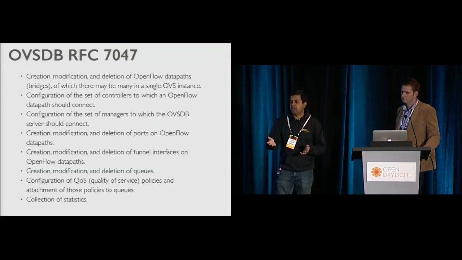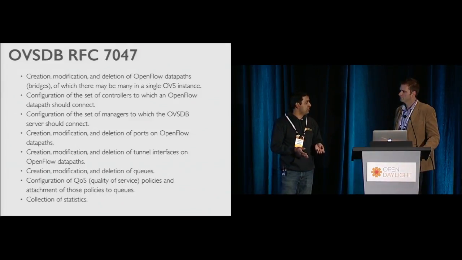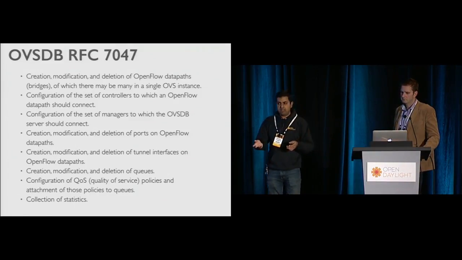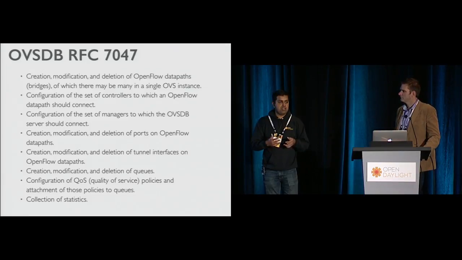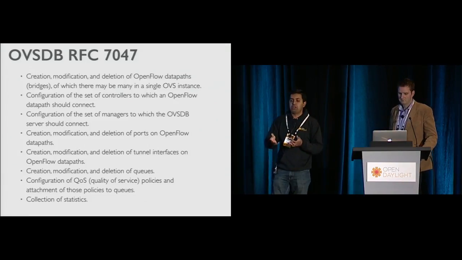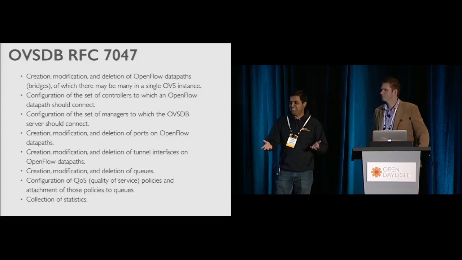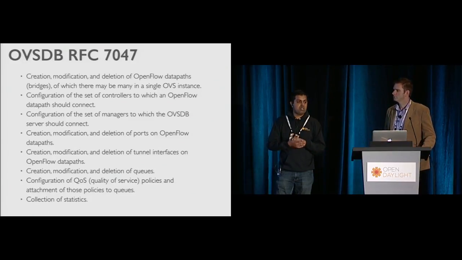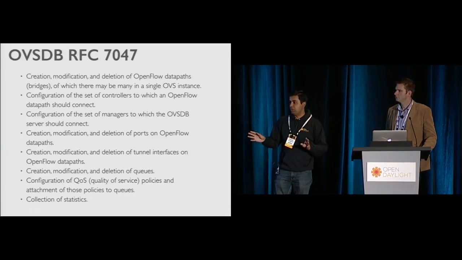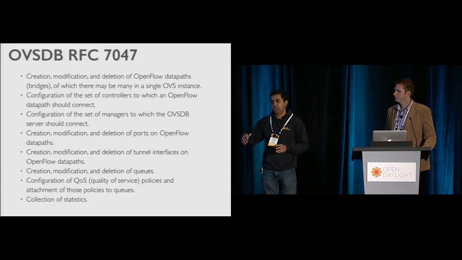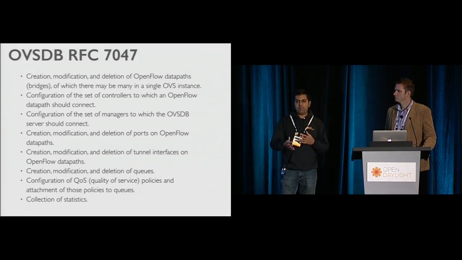Additional to that is the schema. The schema is where things really start getting interesting. OpenVSwitch has its own schema. We are hearing about new protocol vendors and new hardware vendors. They use the same OVSDB RFC, but they have their own completely different schema. It's called the hardware VTEP schema, and so on and so forth. A lot of guys are coming up now. So what happens here is,